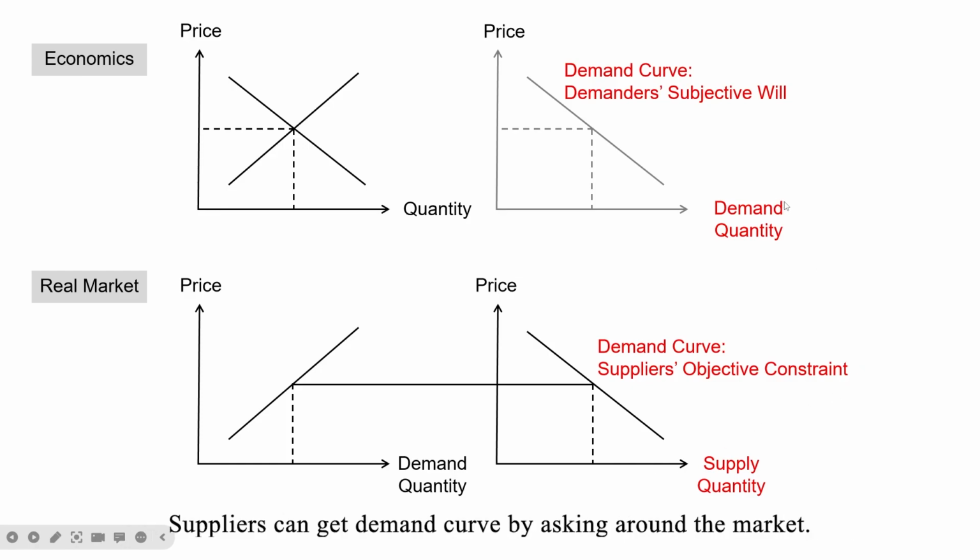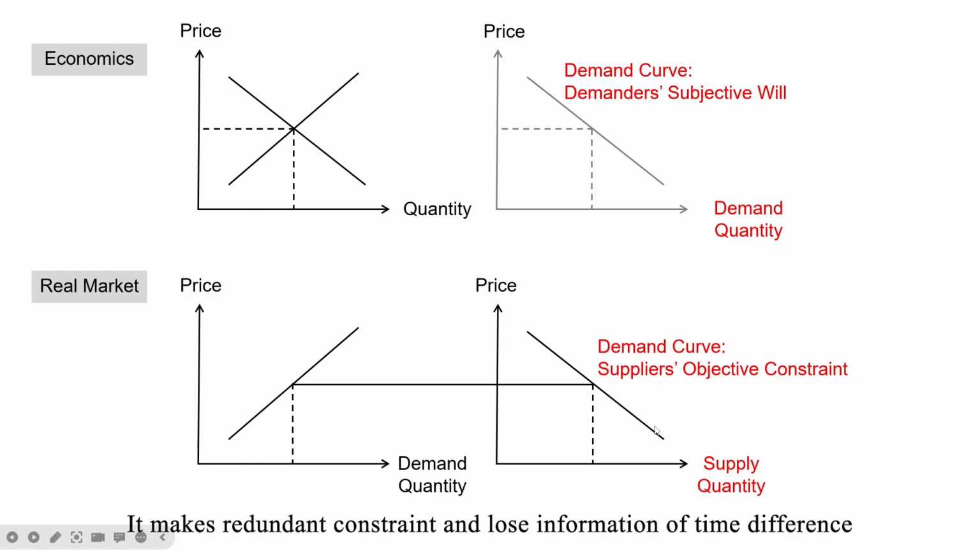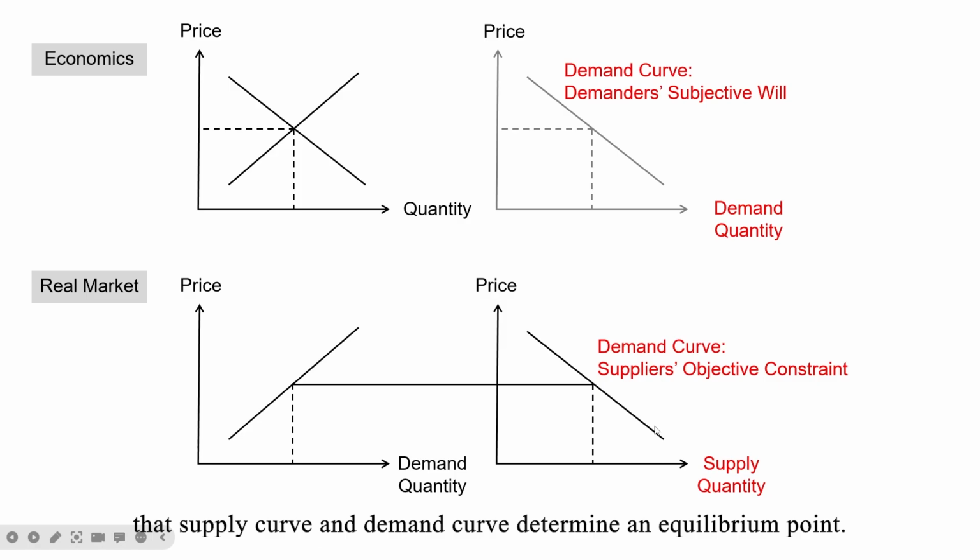Suppliers can get the demand curve by asking around the market. Utility is the demander's subjective view. In the market, the offer is an objective constraint that suppliers face. In the market, others' subjectivity is your objectivity. Your subjectivity is others' objectivity. Supply quantity and the demand curve are enough to determine a point on the curve. It makes a redundant constraint and loses information of time difference that the supply curve and the demand curve determine an